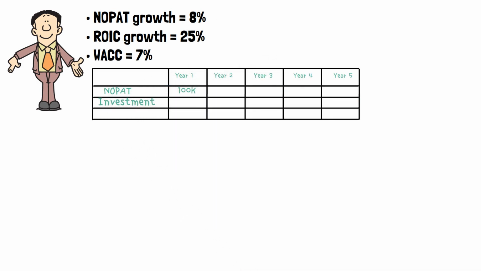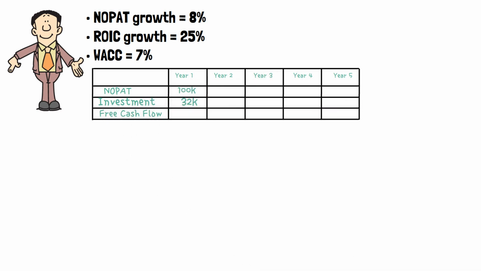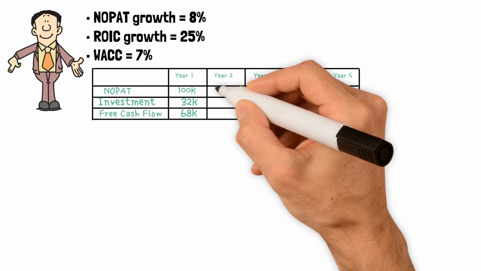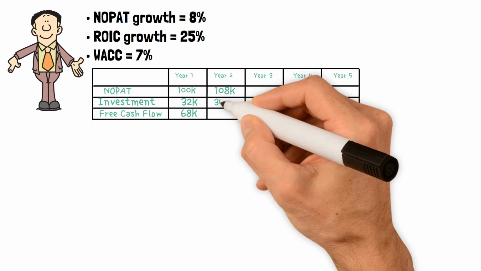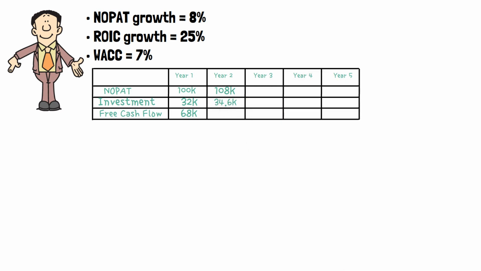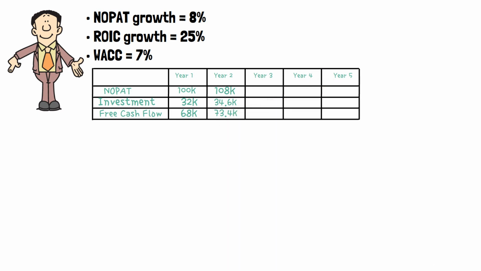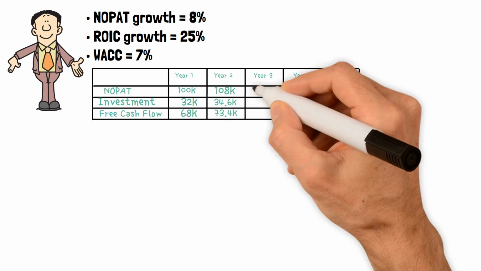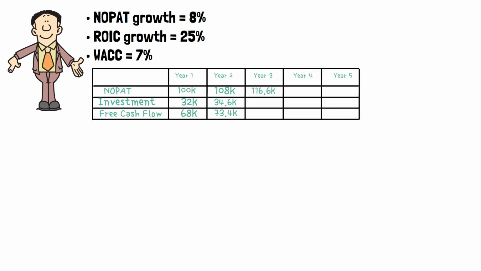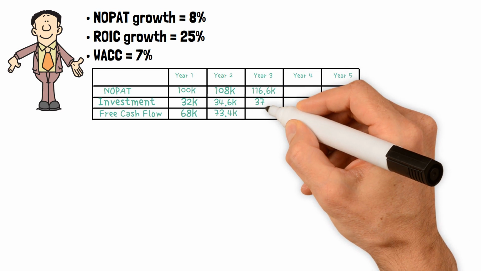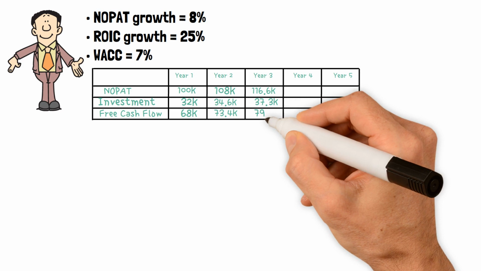Investment in year 1, $32,000. Free cash flow in year 1, $68,000. NOPAT in year 2, $108,000. Investment in year 2, $34,600. Free cash flow in year 2, $73,400. NOPAT in year 3, $116,600. Investment in year 3, $37,300. Free cash flow in year 3,